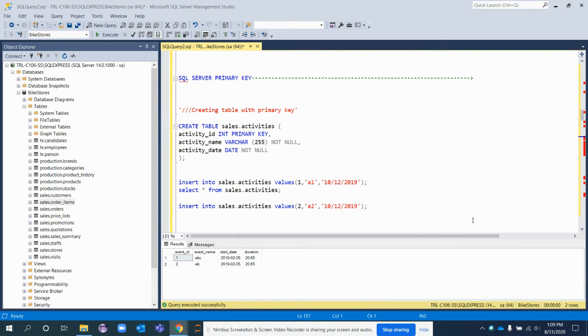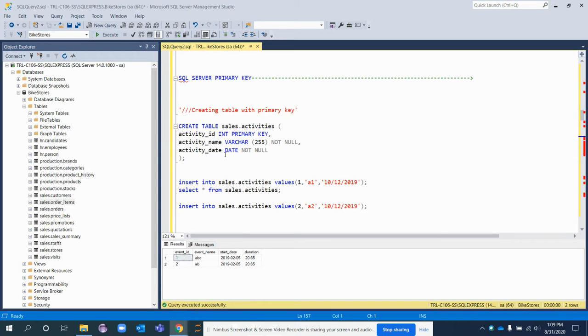In this video, you are going to learn about primary key assignment in SQL Server database, and we are still using the same database, Bike Stores. As you know, the concept of a primary key is that it consists of only one column, and we can define a primary key constraint as a column constraint.